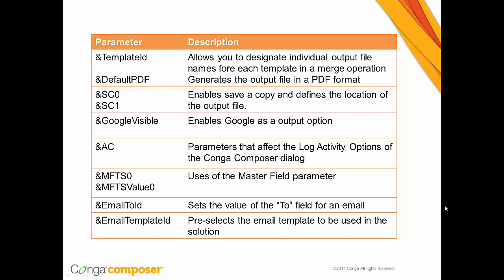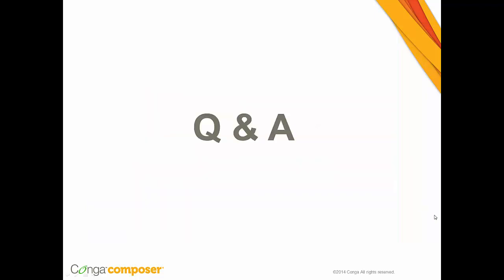So here's a list of the parameters we're going to be covering today. For this example, we're going to be using parameters to pre-select a template, choose an output file of Adobe PDF, designate a unique file name, store the document in Google Drive, enable activity logging, and update fields within Salesforce and automate email options. So I'm going to go ahead and exit out of my PowerPoint here and head over to